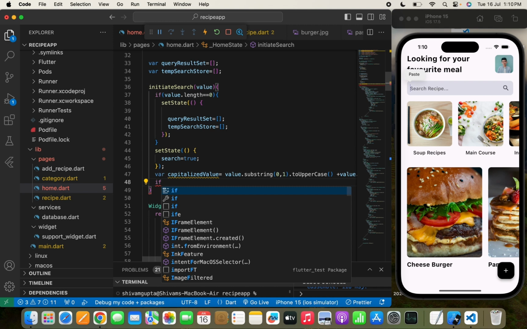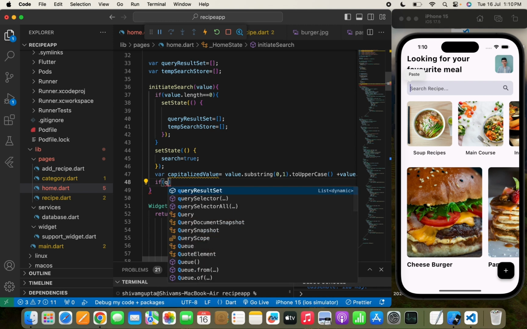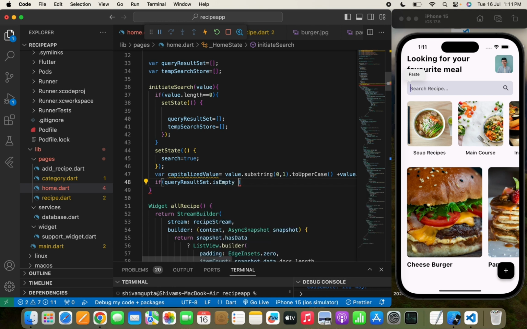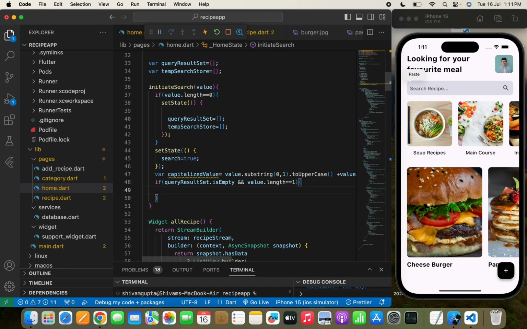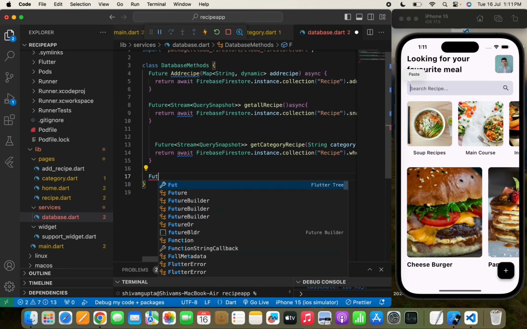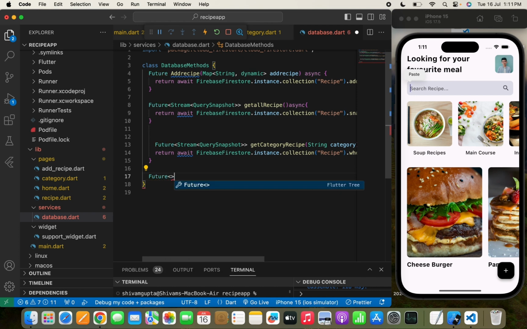and we'll pass that if the query result set is empty, or if the value length is equal to 1, then we'll use a database method and show a search document over here. Now let's move to database.dart, and we need to create a search function. So I will write Future<QuerySnapshot> search, which will be the function name. We need to pass a string, which will be a name, and async return